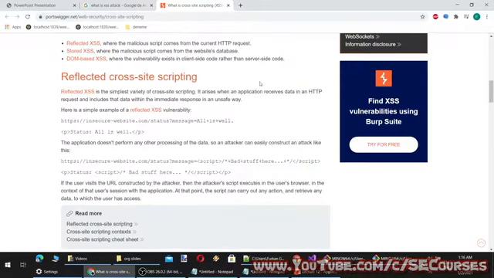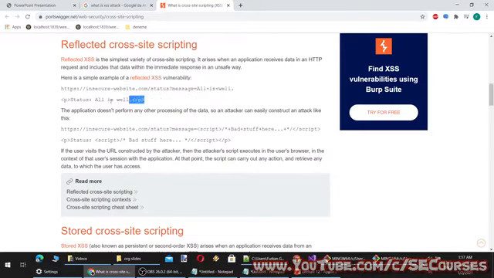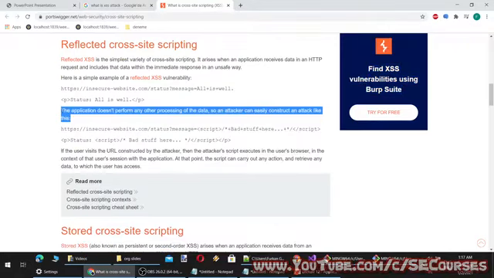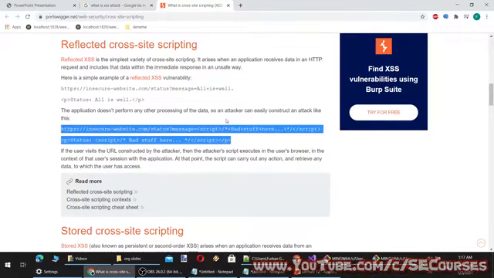Reflected cross-site scripting. Reflected XSS is the simplest variety of cross-site scripting. It arises when an application receives data in an HTTP request and includes that data within the immediate response in an unsafe way. Here is a simple example of a reflected XSS vulnerability: https://insecure-website.com/status?message=All+is+well. <p>Status: All is well.</p> The application doesn't perform any other processing of the data, so an attacker can easily construct an attack like this: